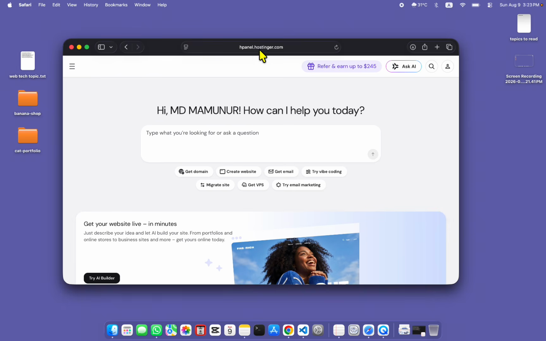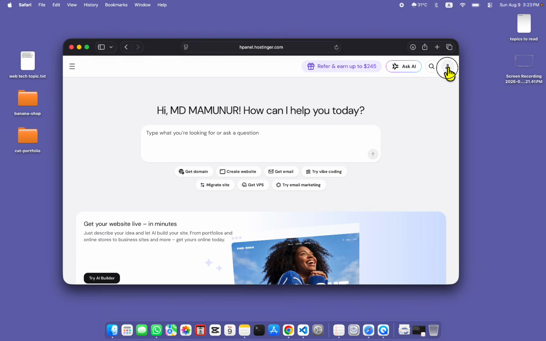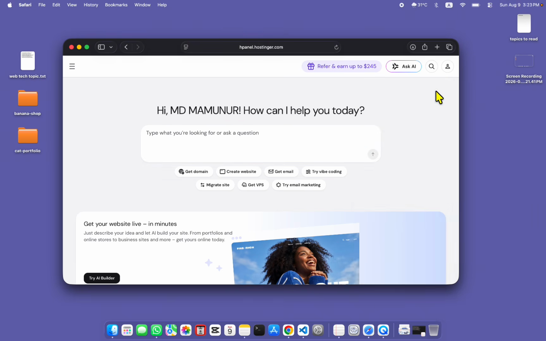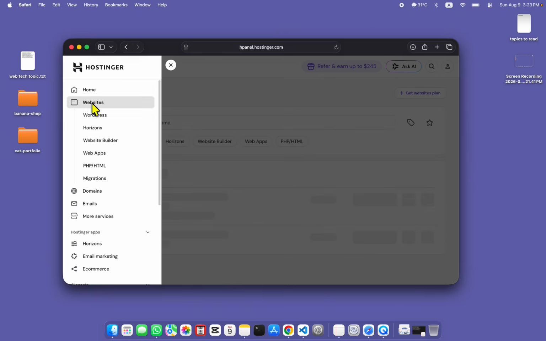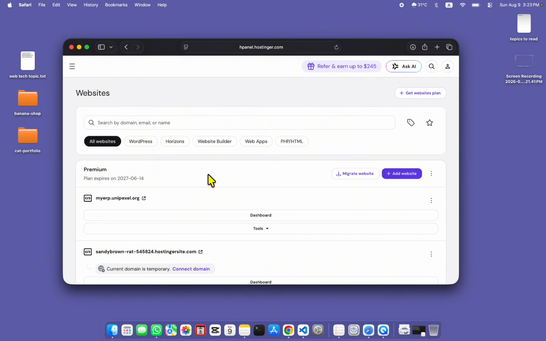Currently I'm inside hpanel.hostinger.com. You come to this site, Hostinger, and then you have to create your account here. I have already logged into my account, and currently I'm inside hpanel. From here we are going to go to the website. We are going to select Website here, and here you can see we have